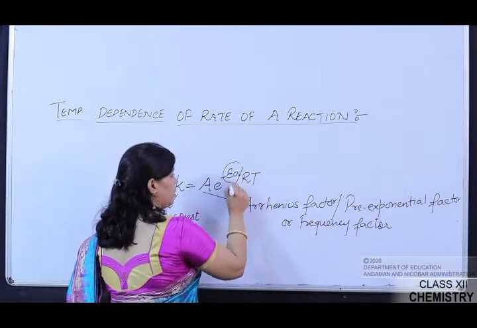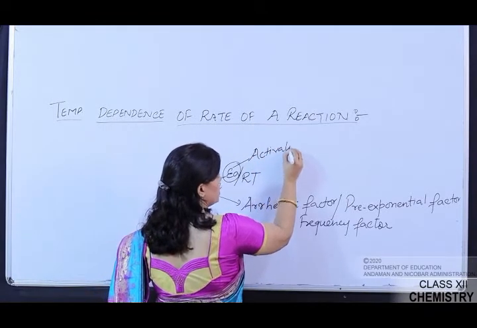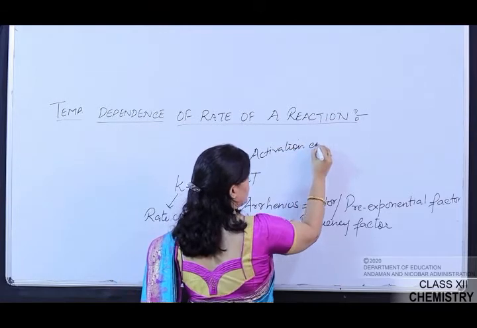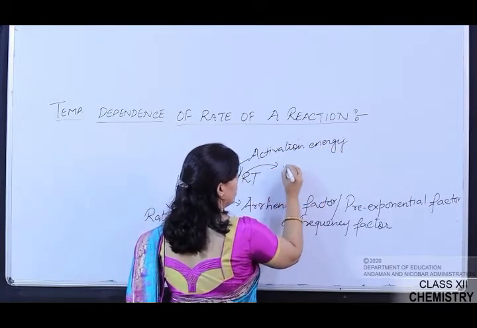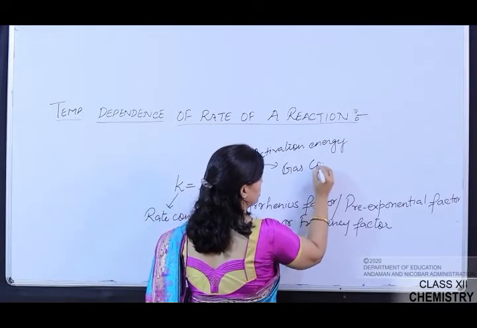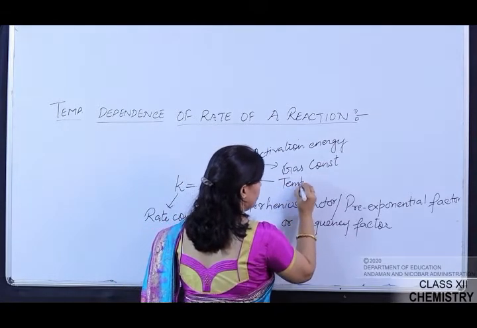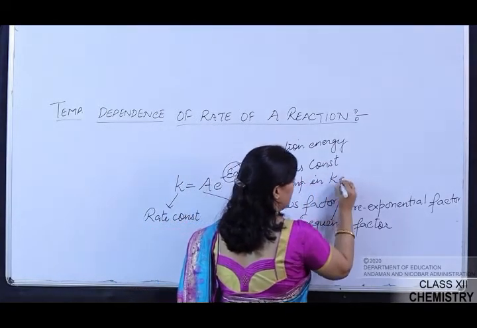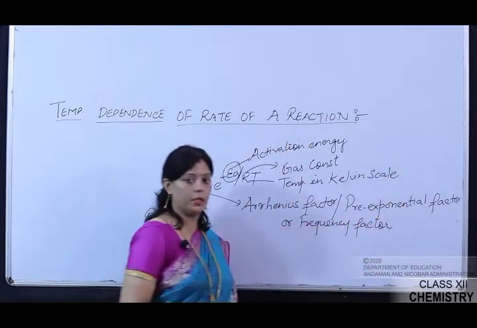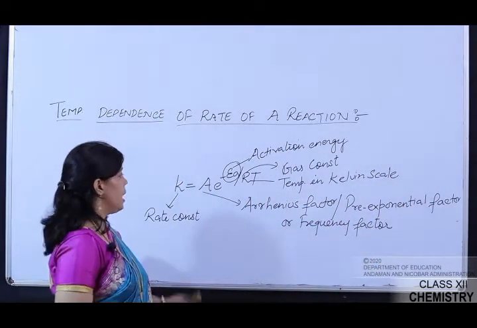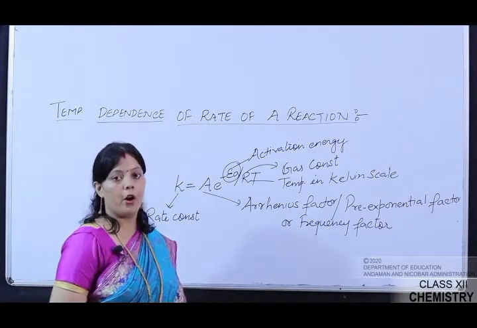This Ea is the activation energy. This R is the gas constant and T is the temperature in Kelvin scale. This is the Arrhenius equation, and this Arrhenius equation mathematically relates the temperature and the rate constant of a chemical